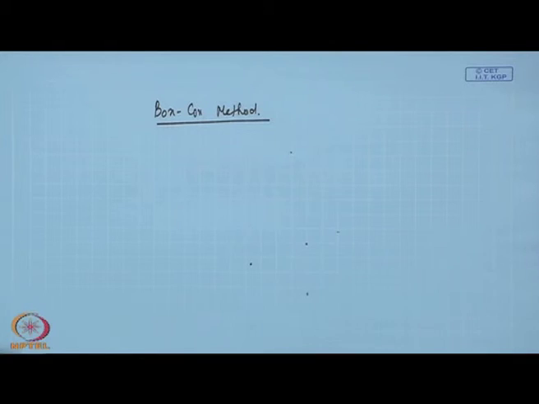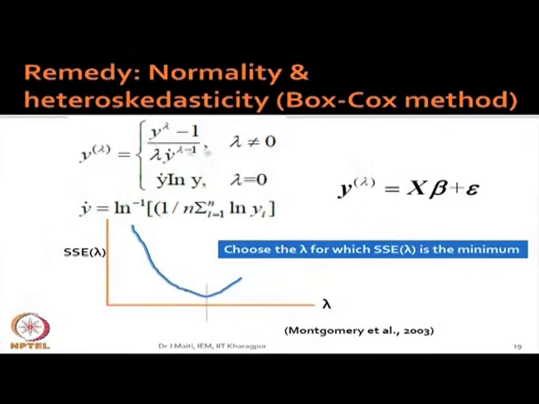Okay. Box-Cox method transformation, the transformation is like this. There are several versions of this power transformation. Finally, given this Box-Cox transformation, you have to choose a lambda value in such a manner that it will give you the minimum sum of squares error, and then that lambda will be put here and your transformation will be like this.